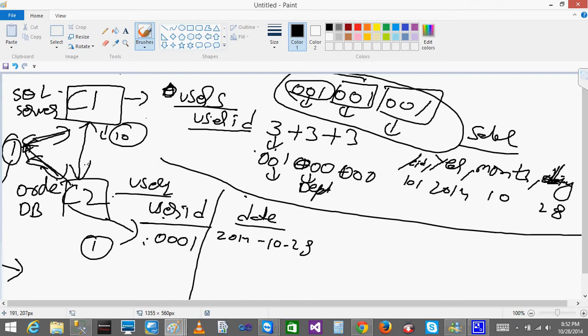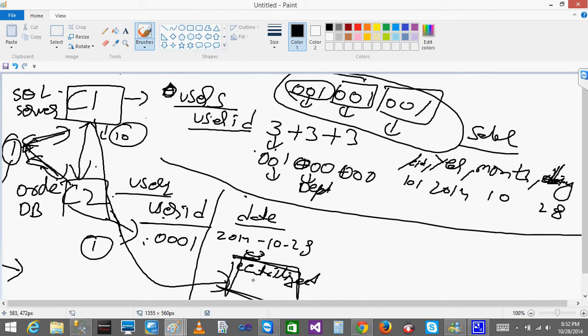The other option is that you can load both company 1 data and company 2 data into one server. You can call it centralized. You can centralize the data. Centralized means storing all the companies' data in one location. Then if the manager or whoever is the owner wants to get the data, instead of sending requests to both companies, he will directly send the request to the centralized data.